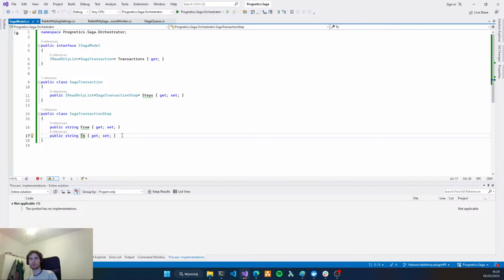I mean, we want to send a message like abort transaction. It's not a reaction to a message, it's a reaction to the fact that we didn't receive any message.